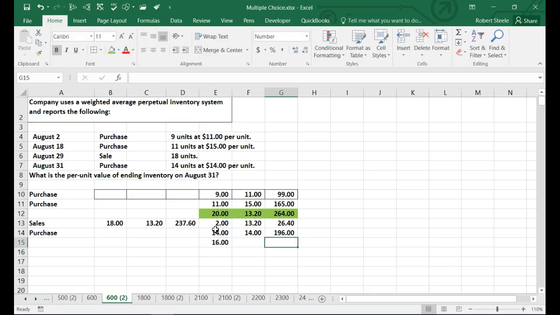And then we're going to add the totals, not the unit amounts. We're going to say, all right, we had $26.40 on the balance sheet, and then $196 that we purchased. That's $222.40. If we take the average, then the average cost would be the $222.40 on the balance sheet, the total cost divided by the number of units being 16 at this point. Average cost being this